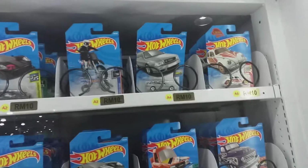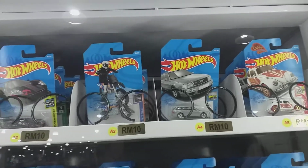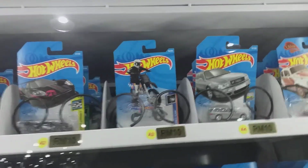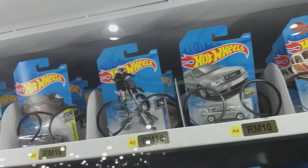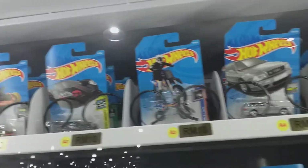Now welcome to this vending machine video again. Volkswagen Beetle, the white Bentley behind, silver Audi RS2 which is very nice, motorcycle with the Raijin Express behind, we have a Ford GT,